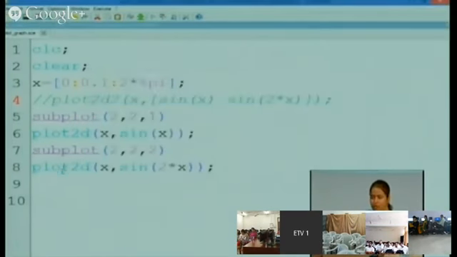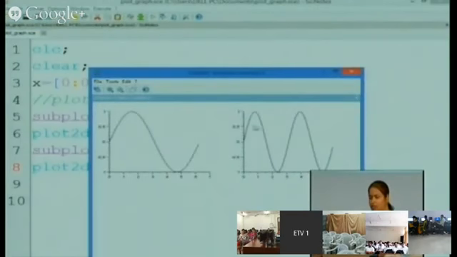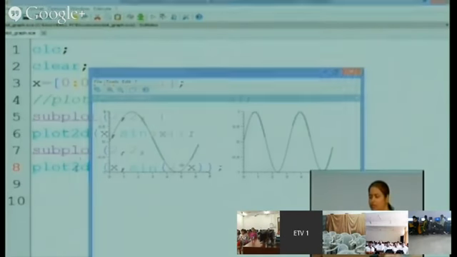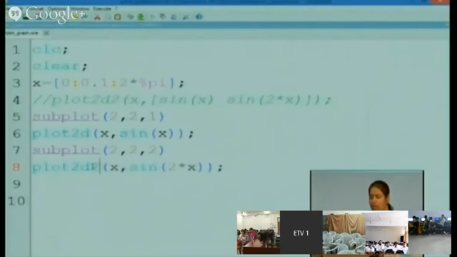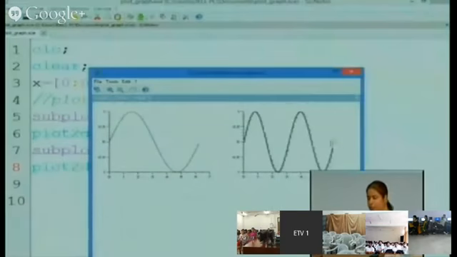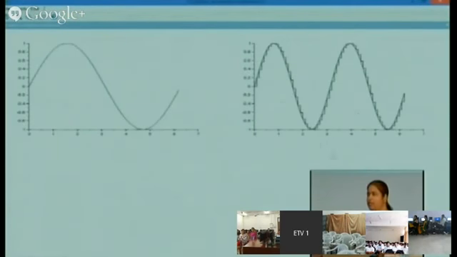Right. So there is also a command plot 2D 1. You can see there is no difference by using plot 2D 1. If we use plot 2D 2, there is a difference. Means you are plotting in steps. When you use the command plot 2D or plot 2D 1, you get continuous lines, and here it is plotted step by step.